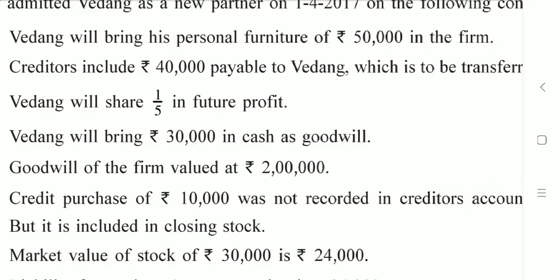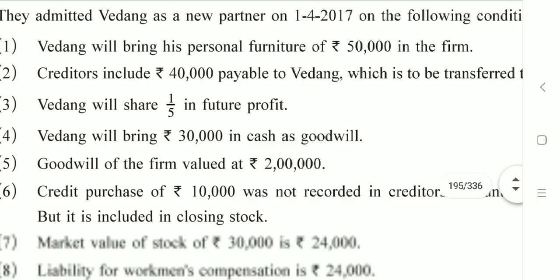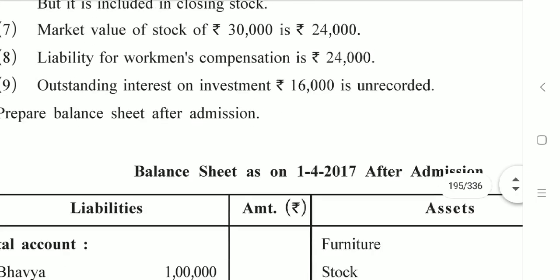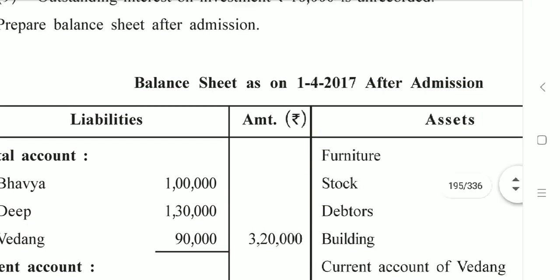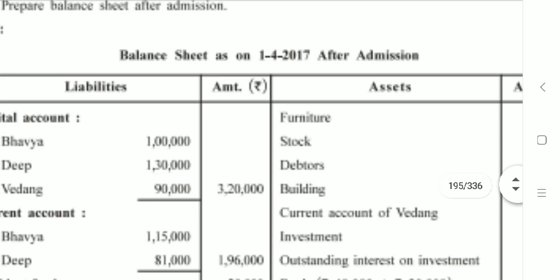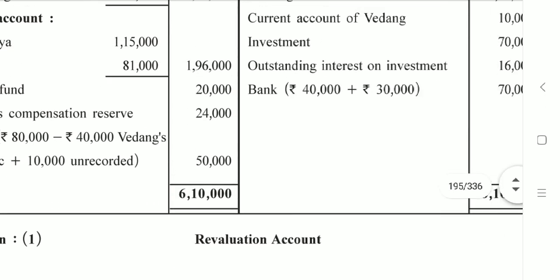You know very well, whenever the partner brings the amount of goodwill in cash, what is the journal entry that you write? Cash account debit to premium for goodwill account, 30,000 rupees. Yes? Fine then. So this is the journal entry. Let us post the same. We'll be posting it in cash or bank account, but we haven't prepared the same. So simply we are going to add this particular amount.